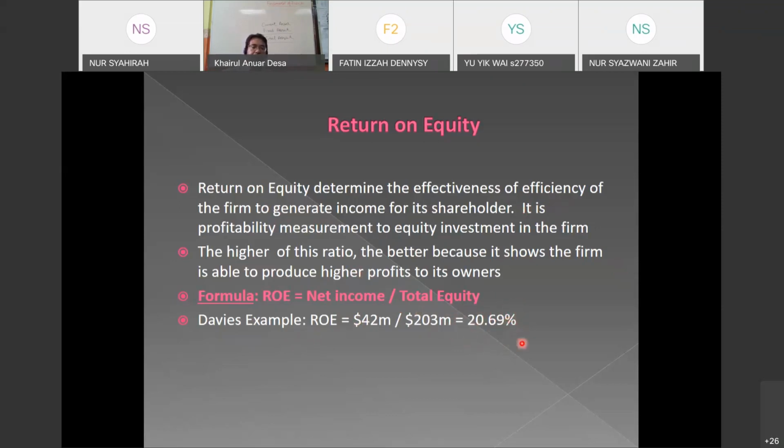Okay, the return is here. The return on investment, the return on equity is here. 23.69. Okay, soalan yang sama. Adakah ROE bagi syarikat kita ini bagus ataupun tidak bagus? Kita pergi kepada